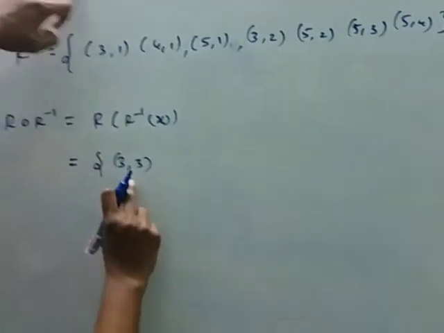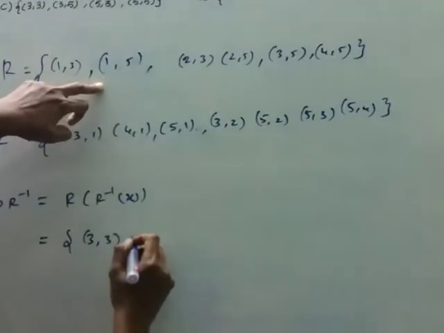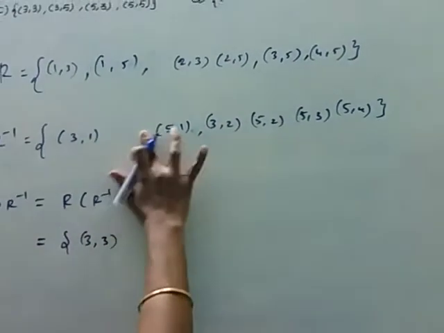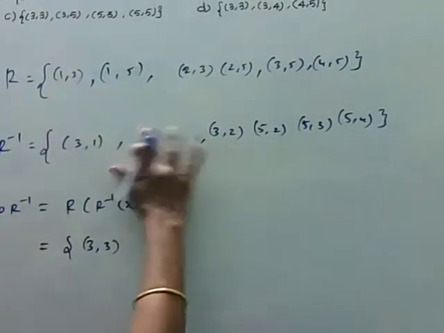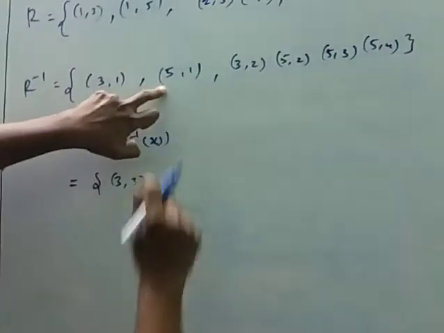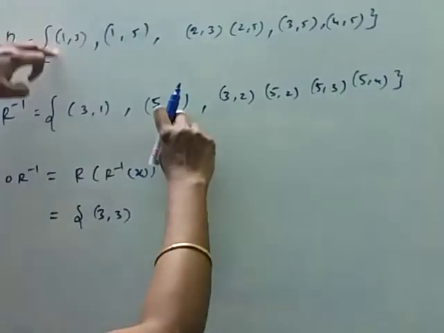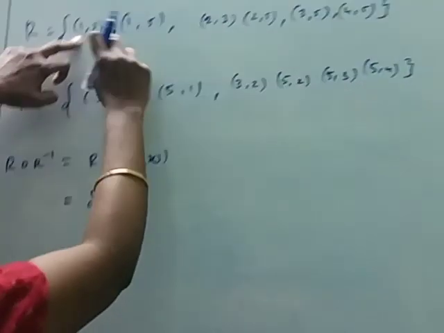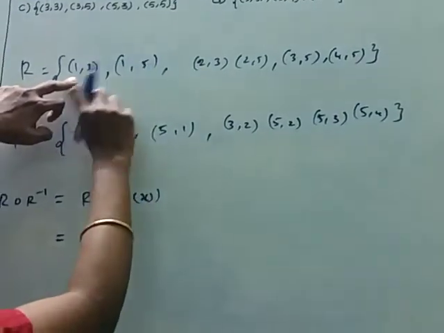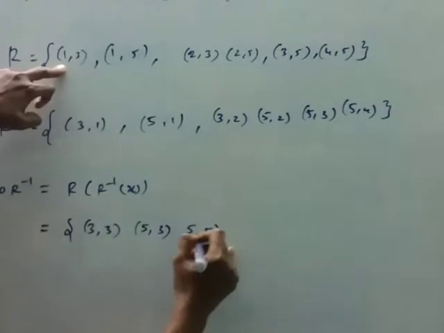So already we are writing that 4 comma, that is the place of 4 you are going to write, suppose here also 4 comma 1, that 1 comma. Okay, yeah. So here next you are going to see the image of 5 in that R inverse is 1, but the image for 1 in that R you are having 2 images, 3 and 5. Okay, so you get 5 comma 3 as well as 5 comma 5.